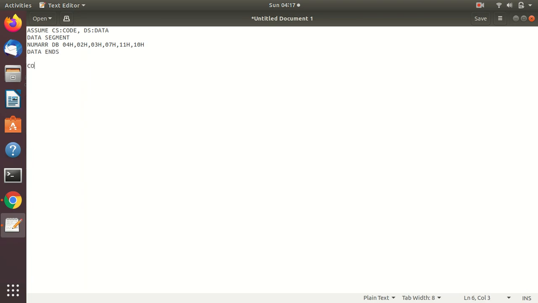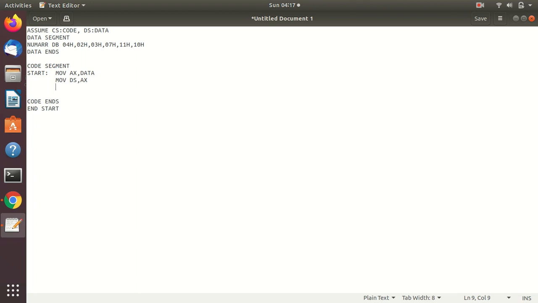Now let's begin with the code segment. Code ends, and start. For larger programs it's preferable that you write all this extra setup first and then get started. mov ax, data; mov ds, ax.